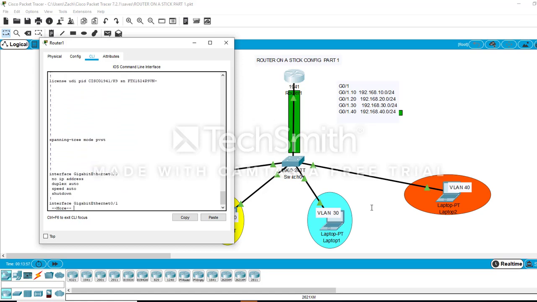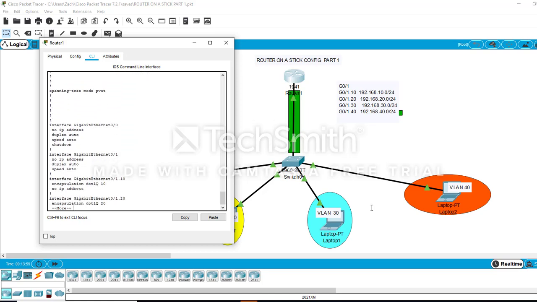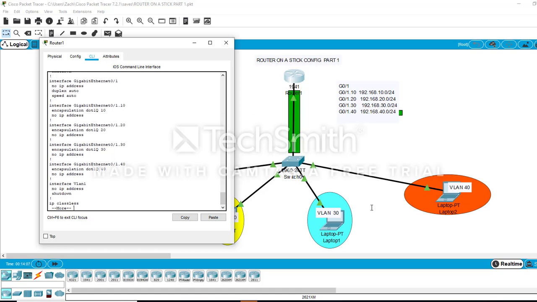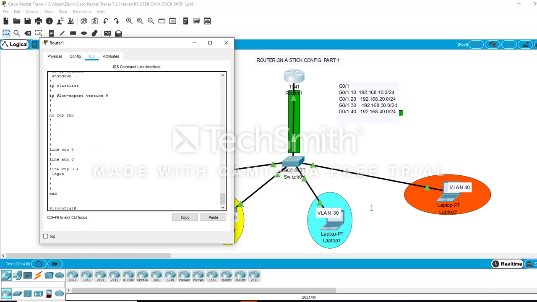It's very important to double check that. So .10, .10, .20, .20, 30, 30, 40, 40. So good. That's good. So that one has been configured. We set up